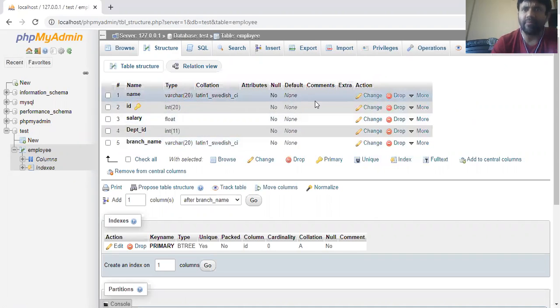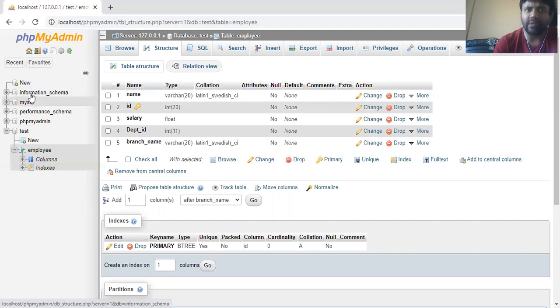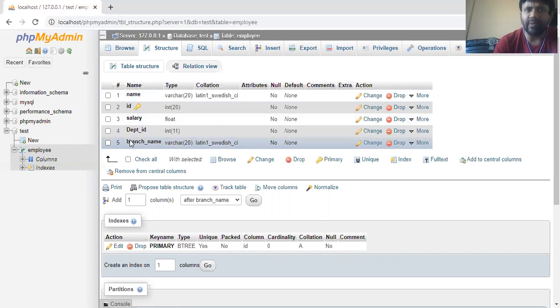In this concept, what we have done is show all the given databases. As per the result, we have seen information_schema, MySQL, performance_schema, PHP MyAdmin, then test. We have taken this test, and in test we have created a table employee, and in the employee table we have made these fields: name, ID, salary, department ID, and branch_name. If the XAMPP server is not on your machine, you first have to install the XAMPP server, and after that install the mysql.connector module, so that you can import it, and then run this segment.